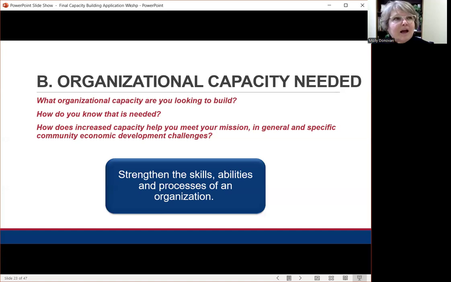But we're going to be asking you to think about and share with us the organizational capacity you need to build. I will say, having been in the nonprofit sector throughout my career, most, if not all nonprofits say we all need capacity and we all need more staff. And I'm going to challenge you to go just beyond that to tell us whether new staff or a consultant might be something that you're looking for